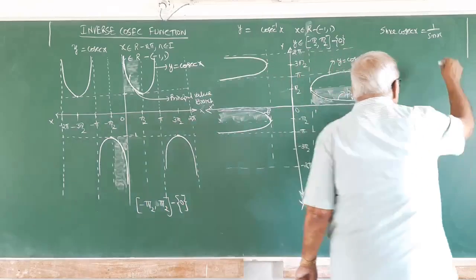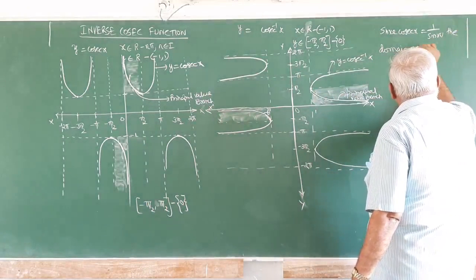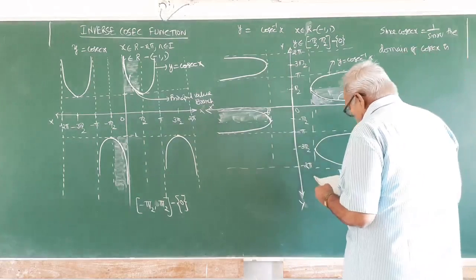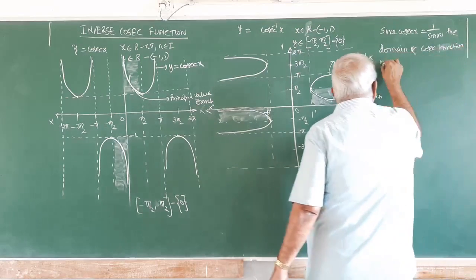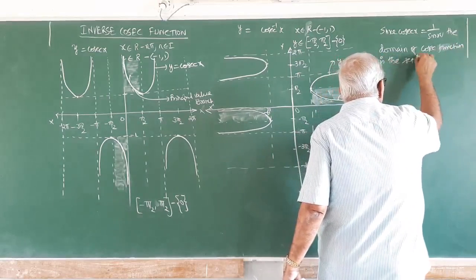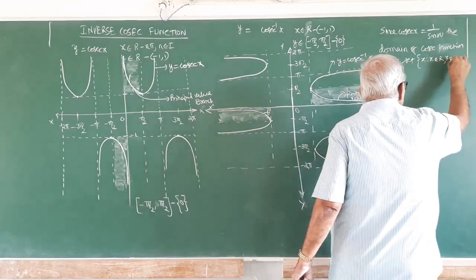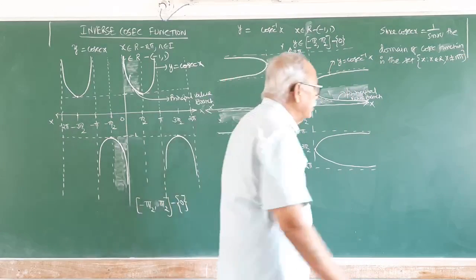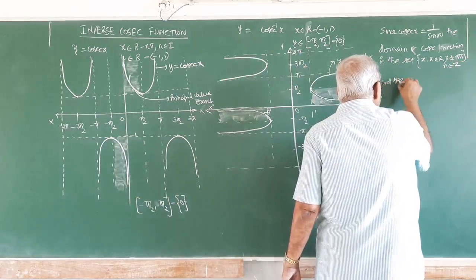The domain of cosecant x is the set {x belongs to R, x not equal to n pi, n belongs to Z}, and the range is